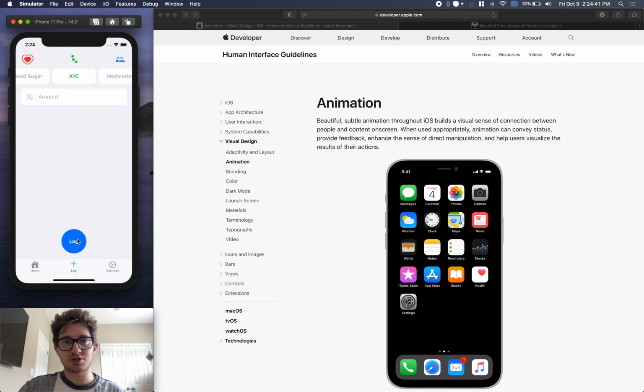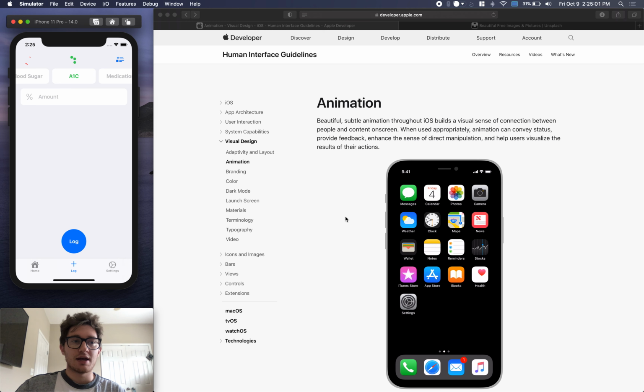But as well, it doesn't distract them. It doesn't hurt them whenever they're trying to use it. And imagine if you tried doing this and it was just really abrupt, like a jump cut. It would be really abrupt. It kind of confused people if they used it. So you have some utility, but you also have some aesthetic examples of why you should be using animation in